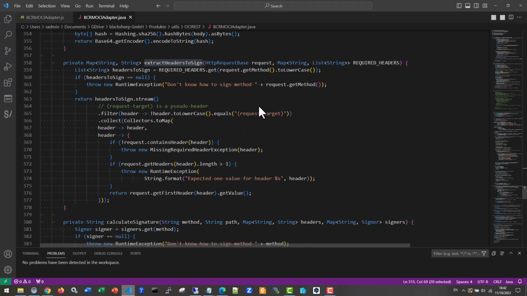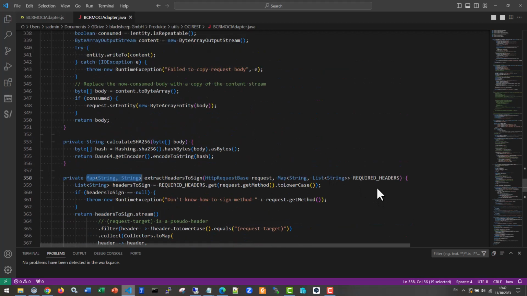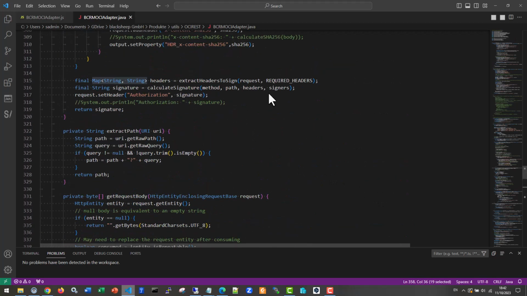Remember, 6 headers for a post request, and it extracts those values and returns a map of strings. And so we can use that headers map